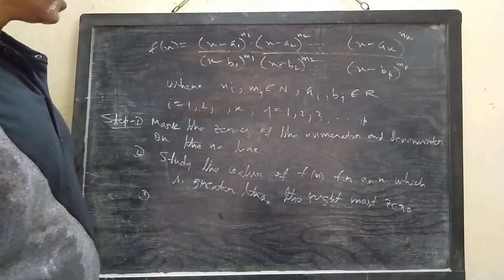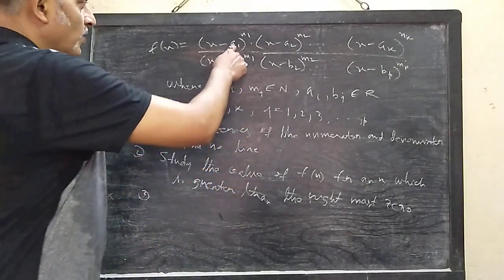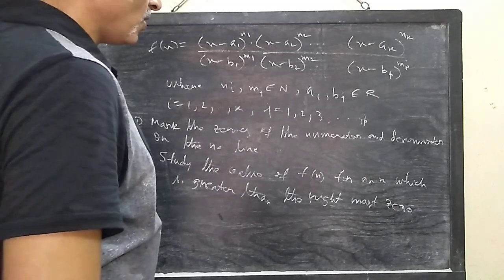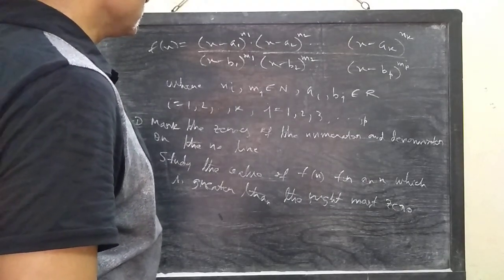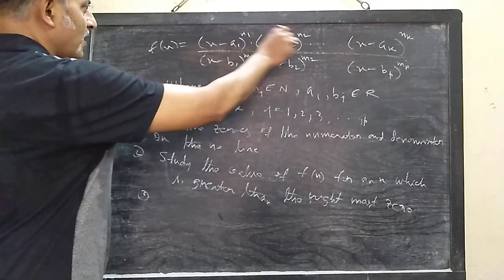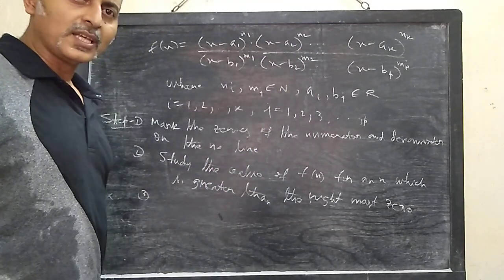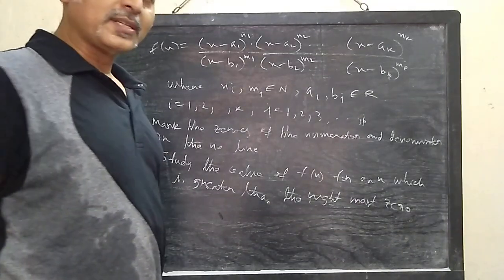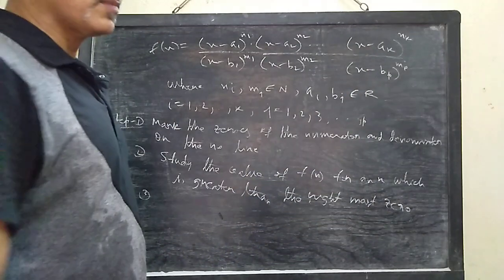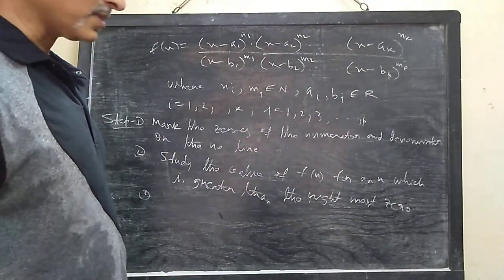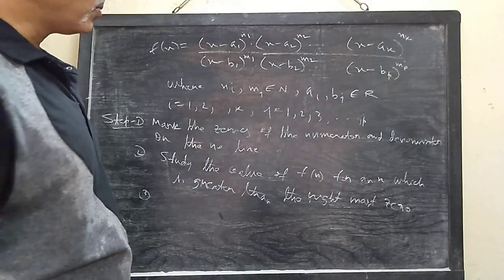Then you have to take care of whether that zero is an ordinary or a double zero. What is an ordinary zero? If the powers n1 to nk or m1 to mp are even powers, then that point is a double point. In that case, you can't cross the number line. You have to bounce from that point. And if the power is odd, then you have to cross the number line through the point.